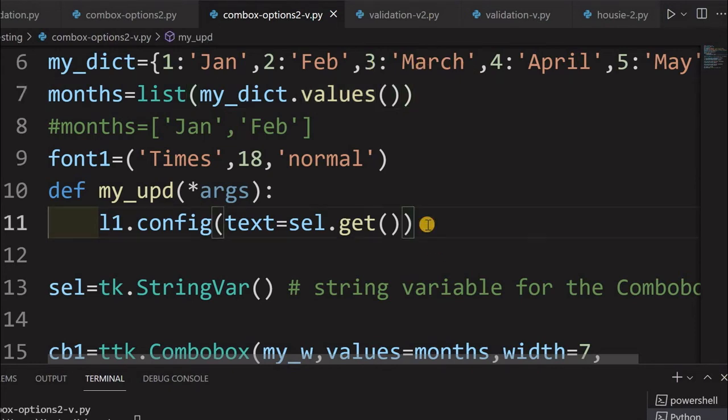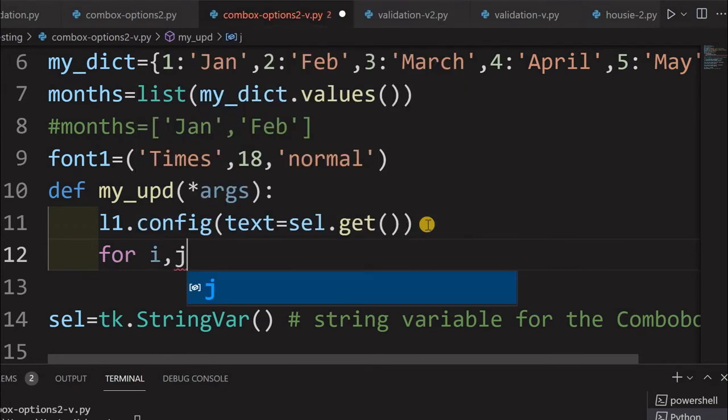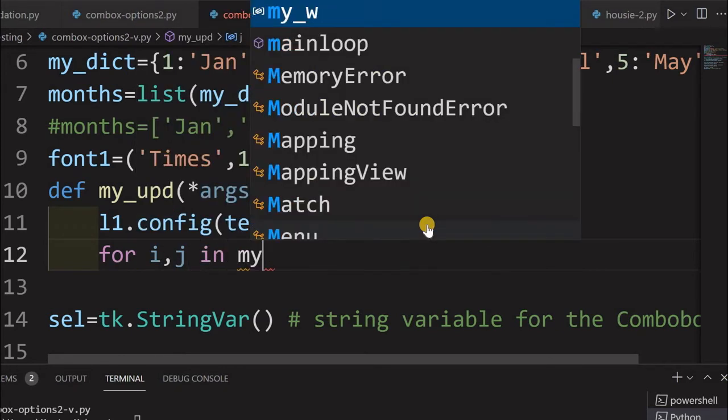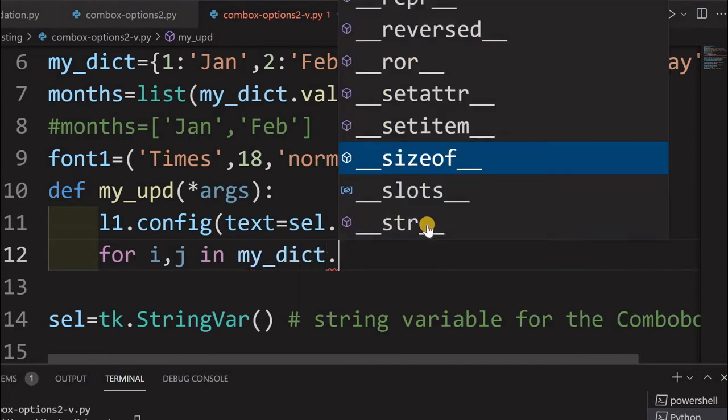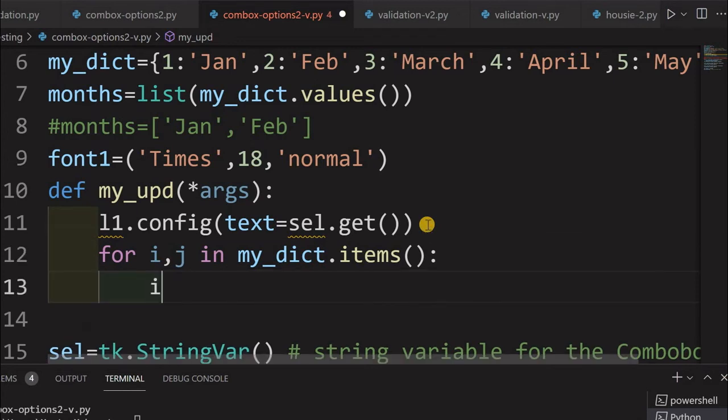So for that purpose what I will do, I will run a loop for i, j. These are variables in my dictionary's items. Okay, so these are what the items will return to us. I am storing it as key and value both. So from items, if j is the value part, j equal to, now here I am comparing with cell.get.